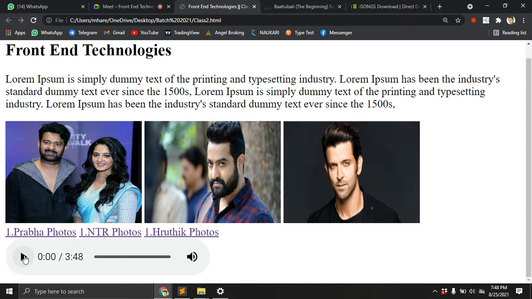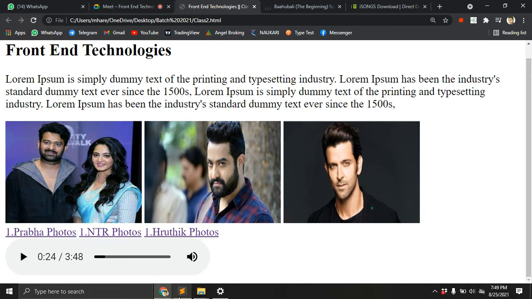We can decrease or increase the volume also here. So that's how we are taking this.